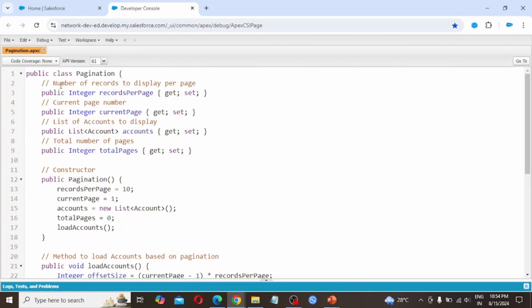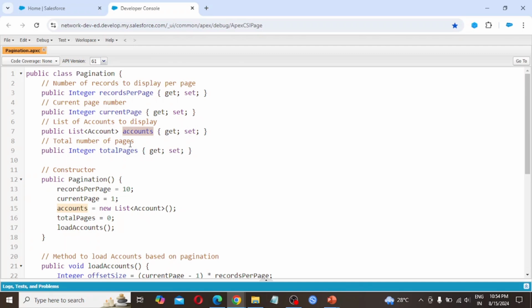Here we are writing public class Pagination, which is our class name. Number of records to display per page: public Integer recordsPerPage, with getter and setter. Current page number: public Integer currentPage, again with getter and setter. List of accounts to display: public List<Account> accounts, get set.